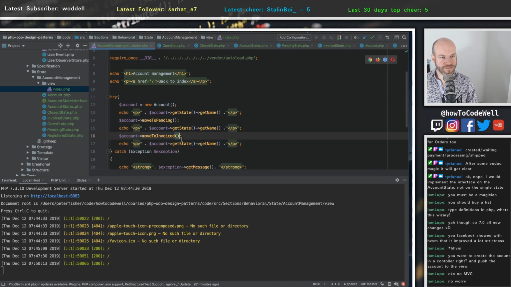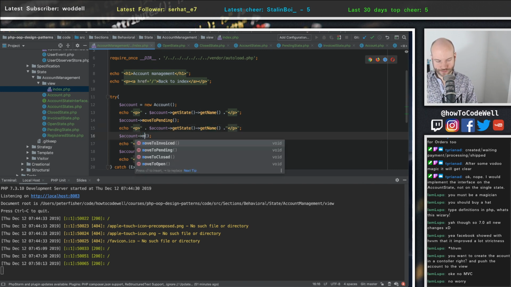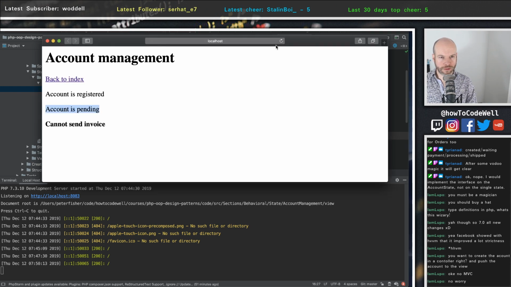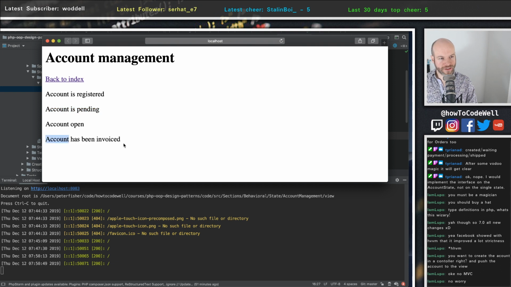However, if we were to jump this up and say in between, if we have one up here and we do account move to open and we refresh, it's now open and the account has been invoiced. So this is what I meant by it's a state machine. You are creating a state machine of various different states, and you are saying that you can't do various things unless certain states have been